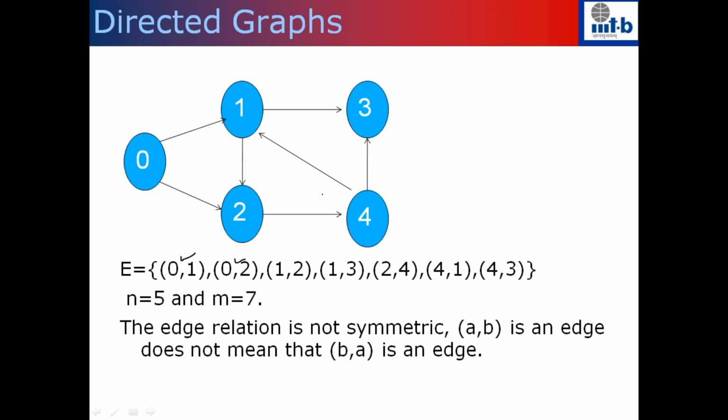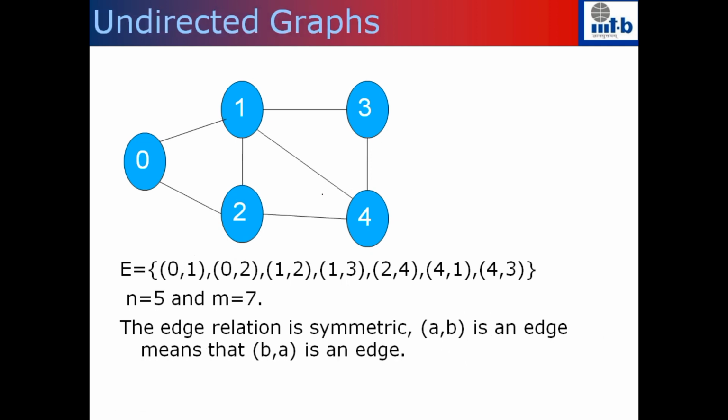Another graph we can think of is where the set of nodes are a set of people, and the edge relationship is "knows". This is also a directed graph because I know Sachin Tendulkar, but Sachin Tendulkar probably doesn't know me. I know the Prime Minister of India, but the Prime Minister of India may not know me. So "knows" is the relationship here. A is connected to B, but this relationship is not symmetric. So these are two quick real life examples of directed graphs.